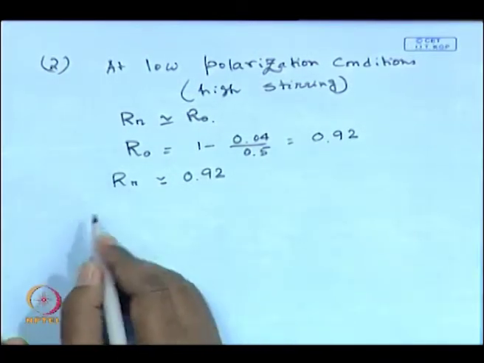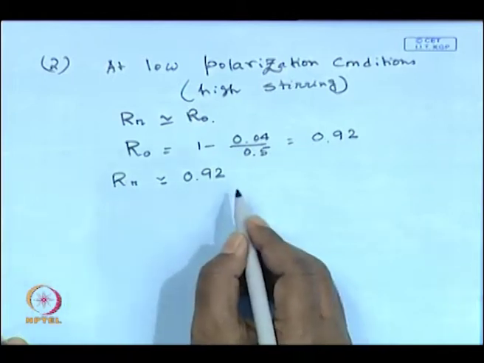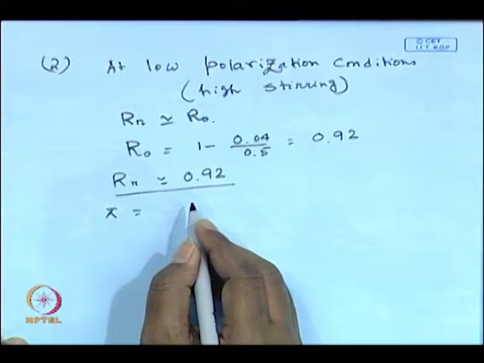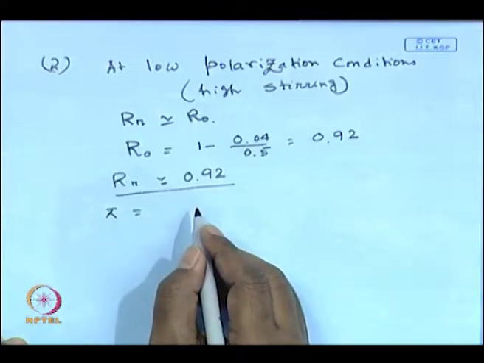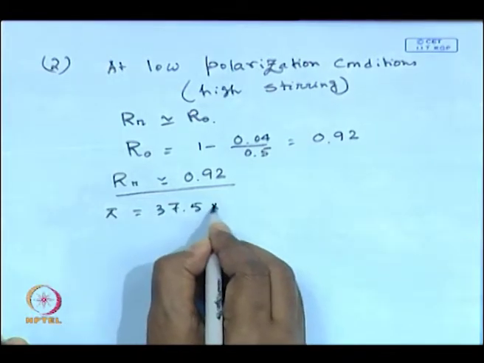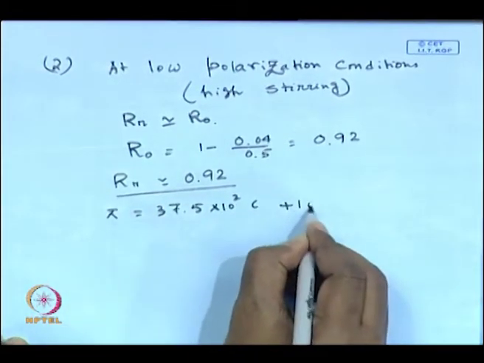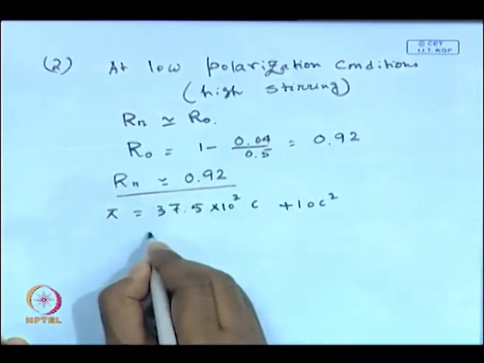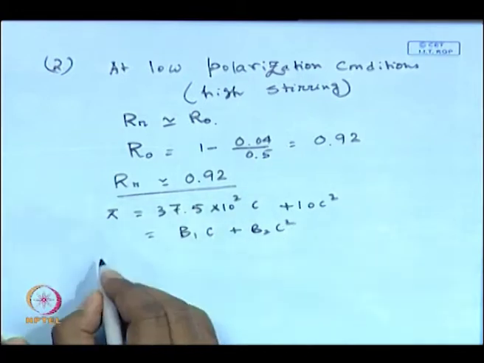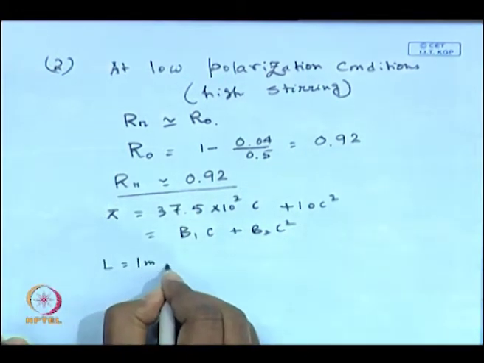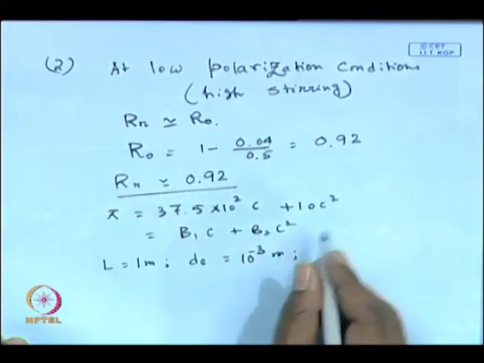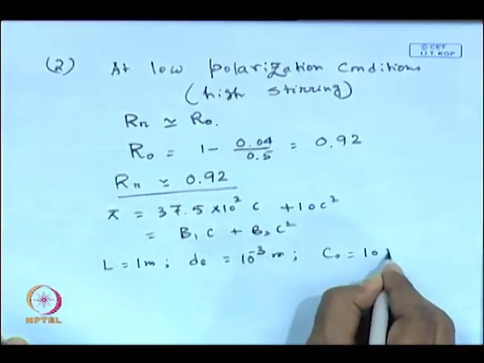So, now all the information is complete. You know the value of LP, you know the value of real retention, and the variation of osmotic pressure with the concentration of the solute in a functional form is given, that is 37.5 into 10 square C plus 10 C square. So, this becomes nothing but B1 C plus B2 C square. L is equal to 1 meter, D equivalent is given as 10 to the power minus 3 meter, 1 millimeter, C naught is given as 10 kg per meter cube,